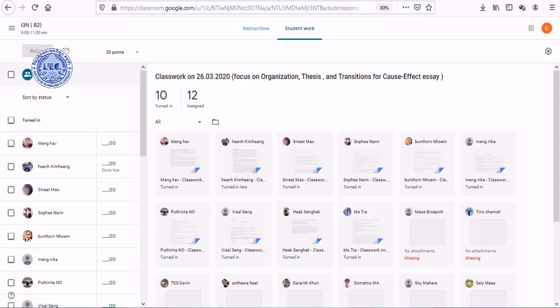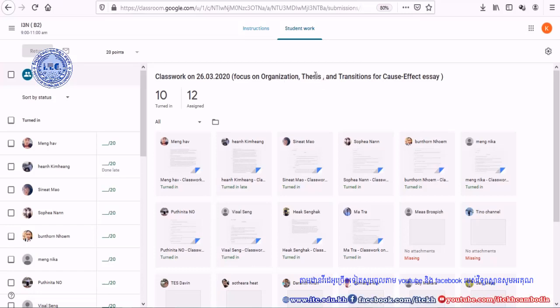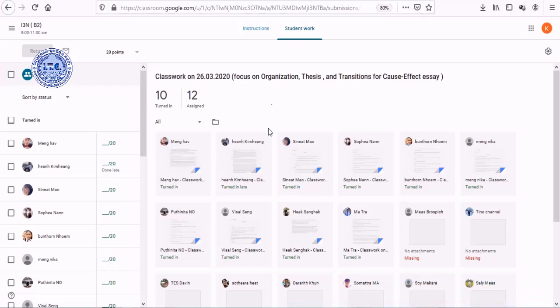Okay, so far we have talked a lot about the cause and effect essay. Specifically, we focused on organization, how we write and organize the cause and effect essay. We were talking about the thesis statement. We were talking about transitions or sentence connectors for cause and effect essays. And in addition to that, I gave you one homework about vocabulary used in cause